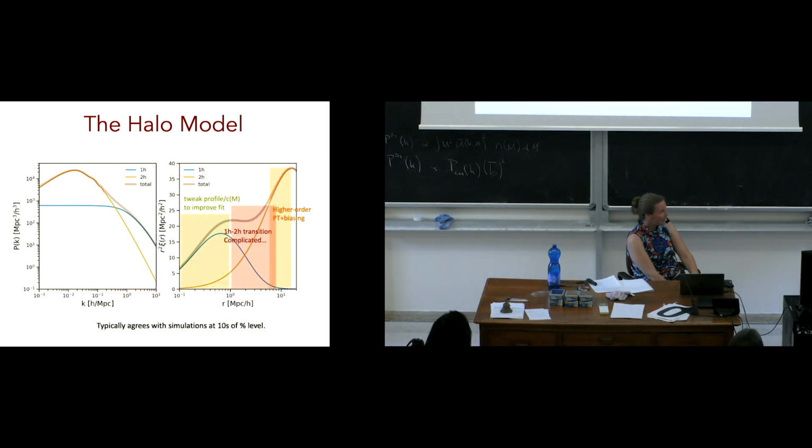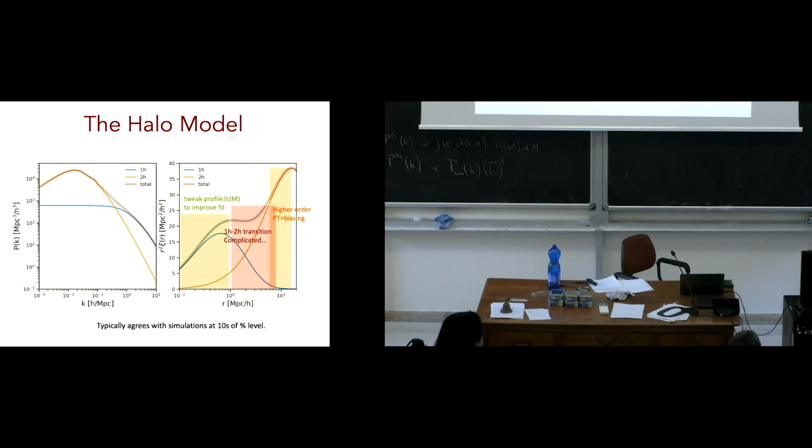At least in configuration space, we can now easily say, well, this region here is the one halo term regime. And if we want to improve that, then we have to improve on our description of the halo profile as a function of mass and the concentration as a function of mass. If we see shortfalls of the halo model on large spatial scales, that means we need to include higher order perturbation theory and higher order biasing,